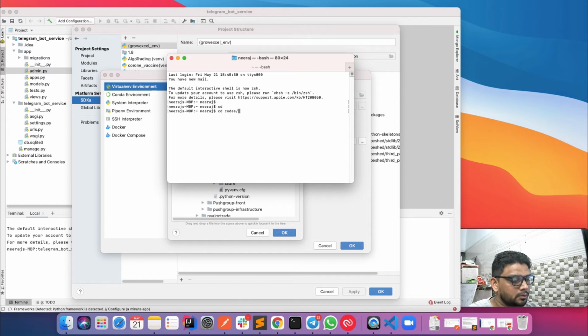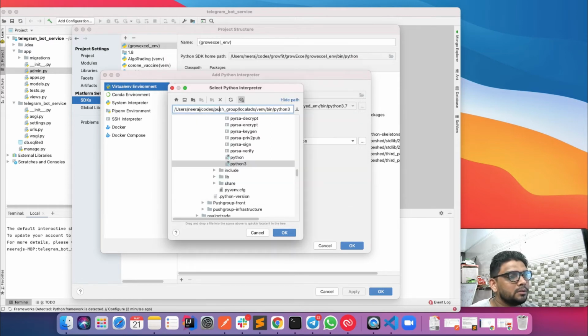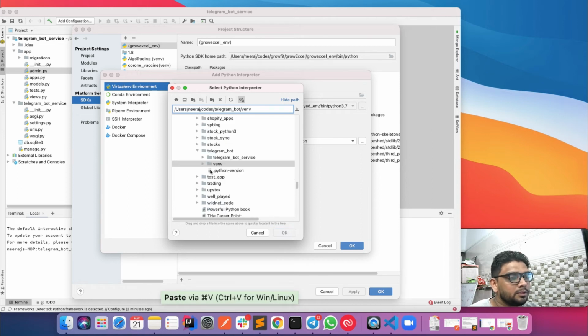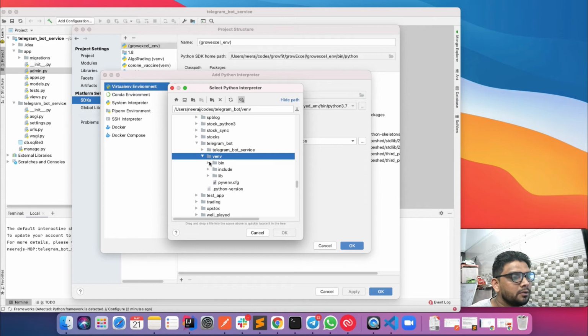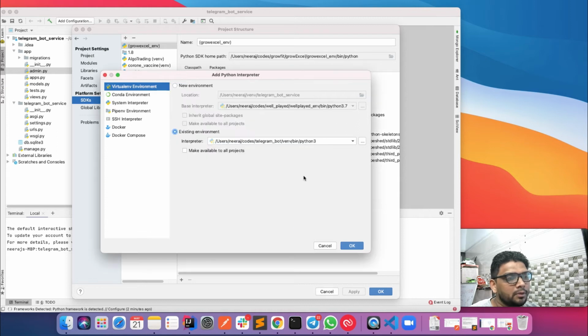It was courses, telegram, venv. So this is the path. This is my venv pasted over here, and I have bin, and then I need to select python3. This is the Python executable path I need to select.